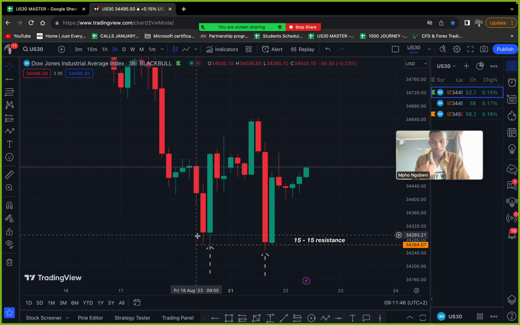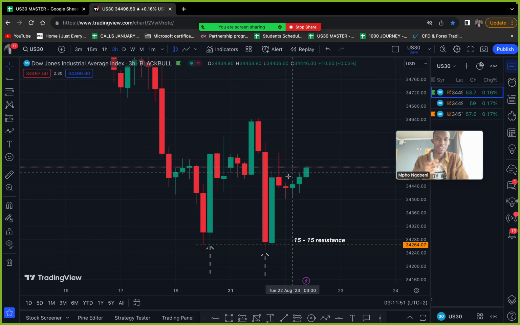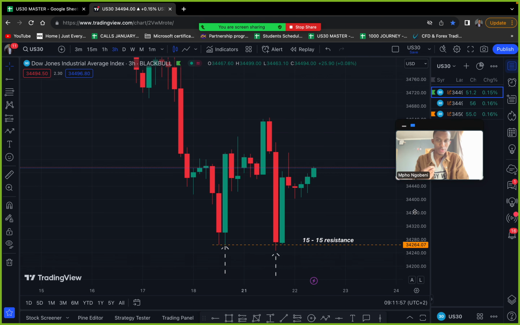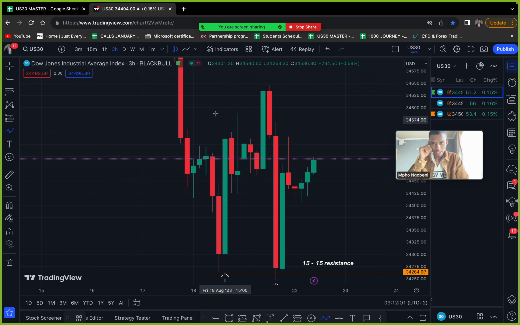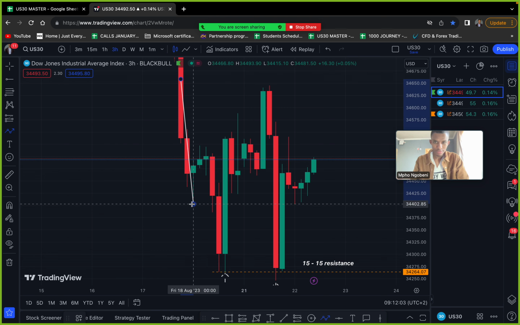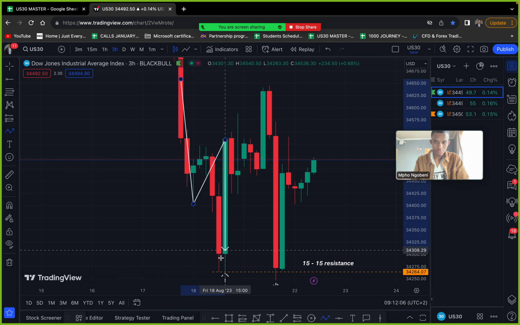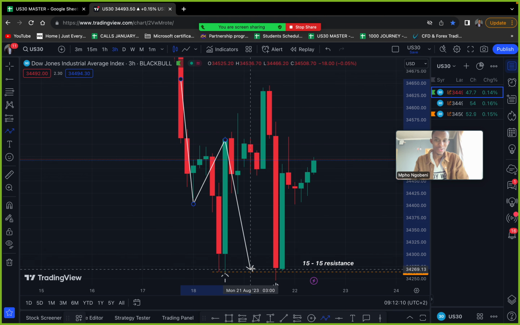On the 3 hours, formations are what I'm looking for, and I see we're already in a formation, so I'm still kind of looking for buys. That's something I can point out. But we can see that there's also a head and shoulder here. I don't know if you guys can see it. We have two heads, which is what's happening now. Why do we have two heads now?